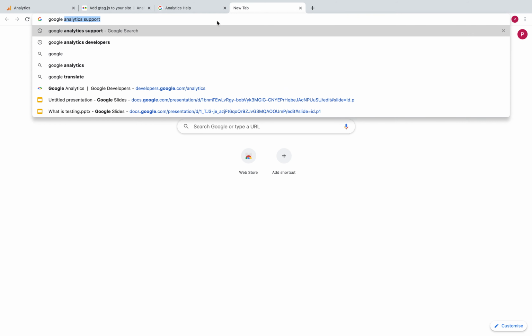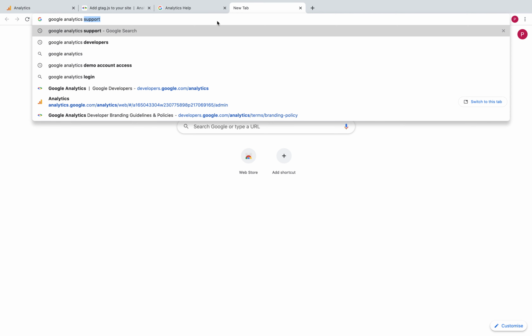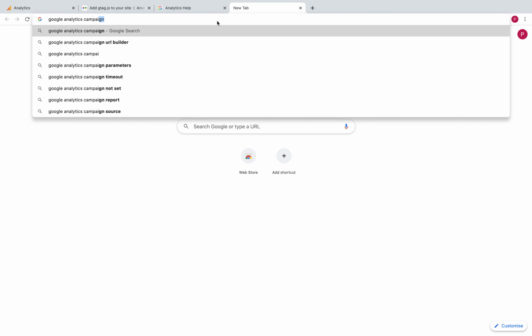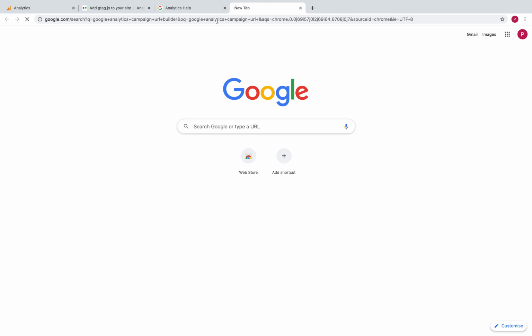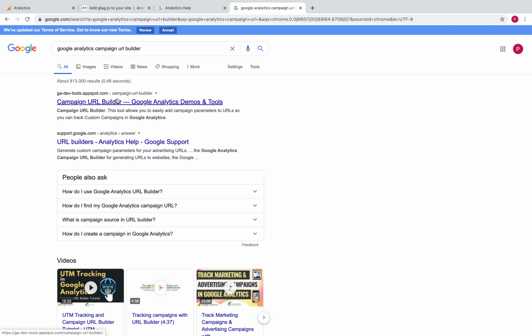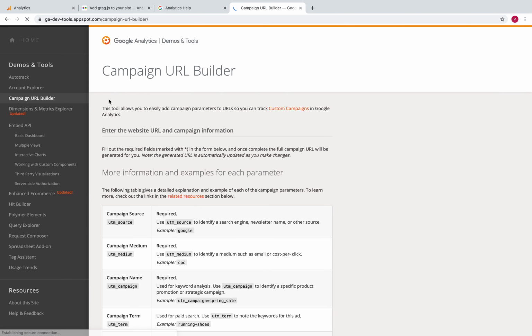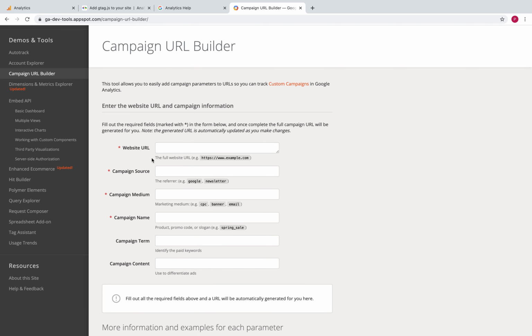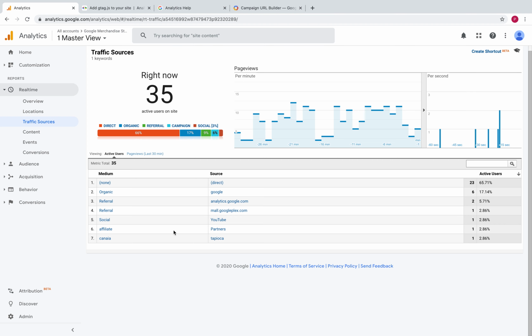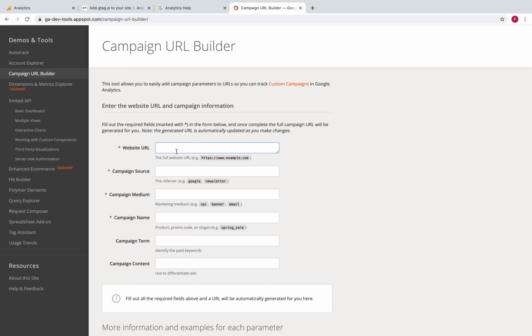And if you go to Google and search for Google Analytics campaign URL builder, you're actually going to get a tool from Google Analytics that allows you to build those links that give you these custom channels, such as affiliate and so on. And to do that, you just need to put your website, example.com, the campaign source,